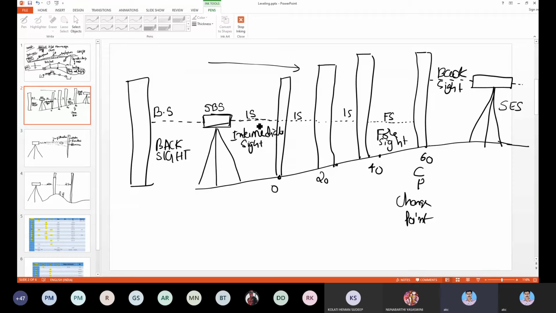So then we take several intermediate points, and at the point where you cannot further see the readings, let's say if you shift further and cannot see, then you will keep the staff at the 60th meter, take the reading, and report it as a foresight. Then, what you will do again, you keep the staff at the change point, you shift